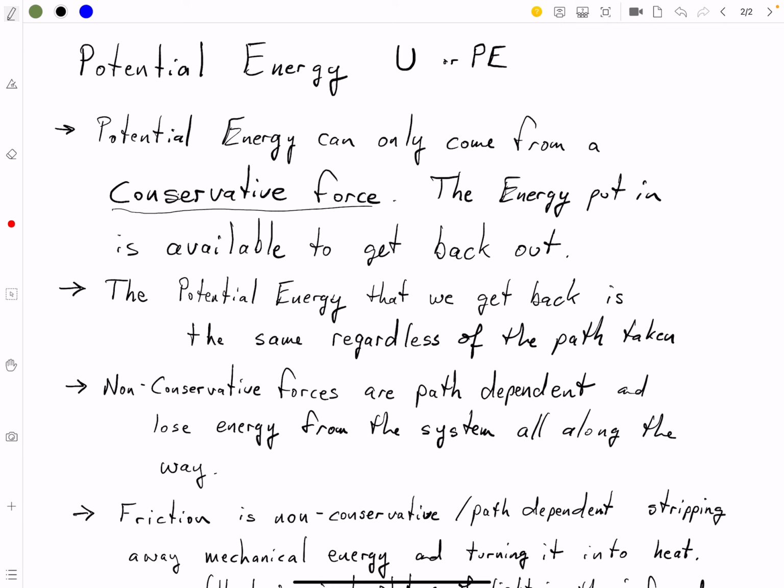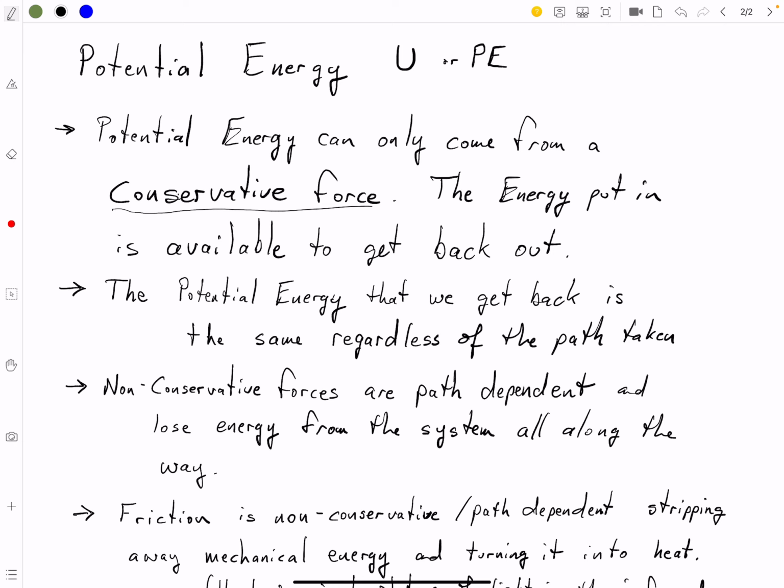All you have to do is lower the object in a gravitational force, or the object moves with a spring along the x direction. Say it's sliding back and forth in the x direction, it only needs to move in that direction, and there will be potential energy either stored or given back. Okay,